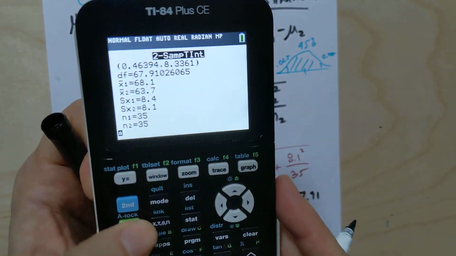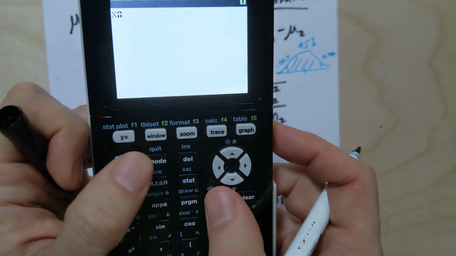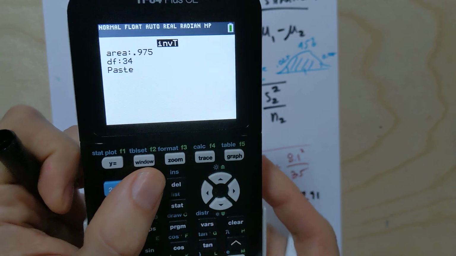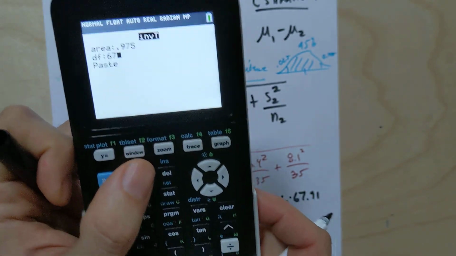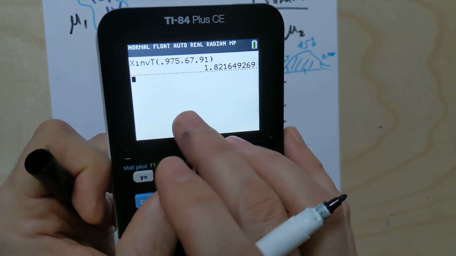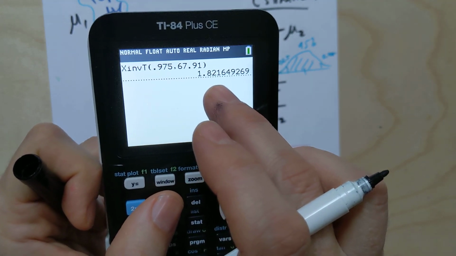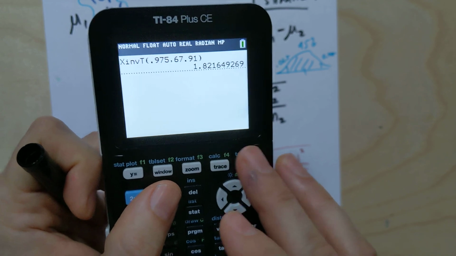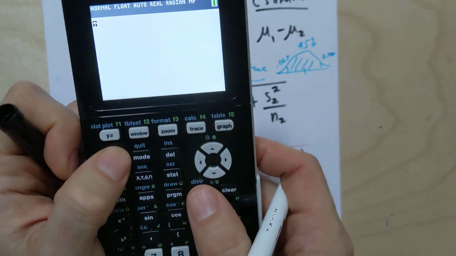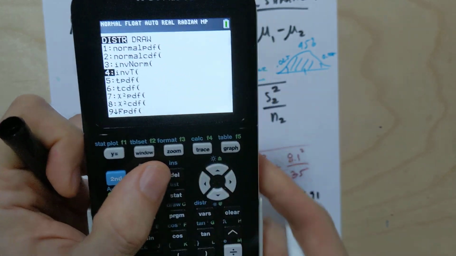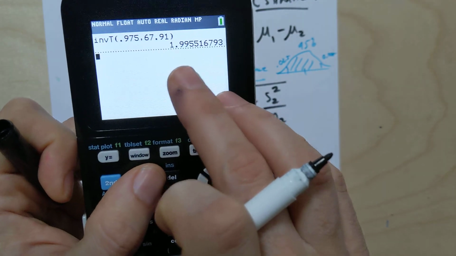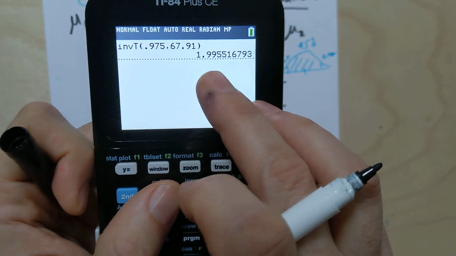And now if I want to check what that critical value was, the calculator doesn't tell you there. You could, again, go to inverse t if you're just curious. And instead of the degree of freedom of 34, we could put in 67.91. And hit paste and see the critical value that the calculator used was 1.8216, right? Ooh, wait, that's not right. I apologize. I somehow had a stray X that got stuck in there. I don't know where my finger was slipping. No. The critical t that the calculator used, that makes much more sense,